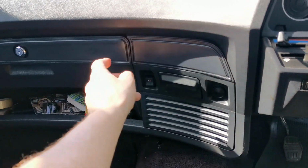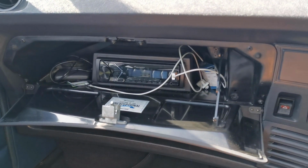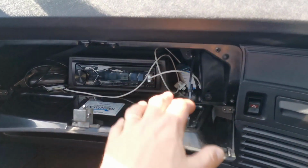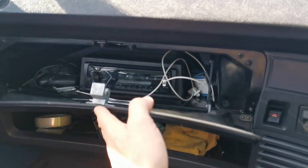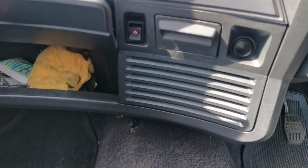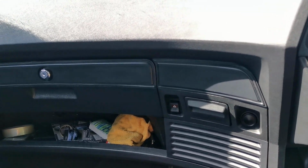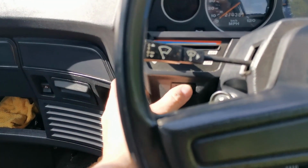From new, it didn't have a radio fitted, although admittedly I've cheated and I've put a mechanicless stereo in the glove box. It's one of them little stumpy ones with a short body that takes a USB stick, so it fits in nicely with a little surround. Keeps it hidden away, and you get your thumping sounds from your single speaker hidden behind here, which strangely had the original speaker fitted and it had an aerial, but it's never had a radio, so I've never really worked that one out. You've got your switch gear, a fan here,